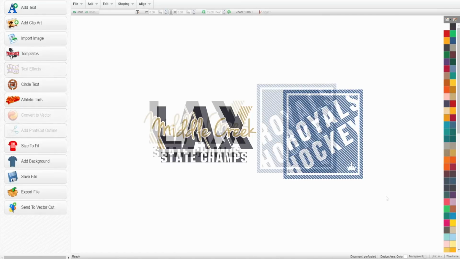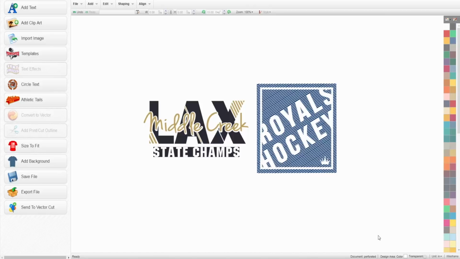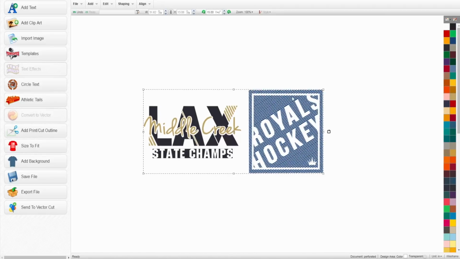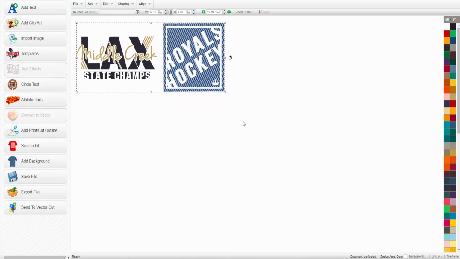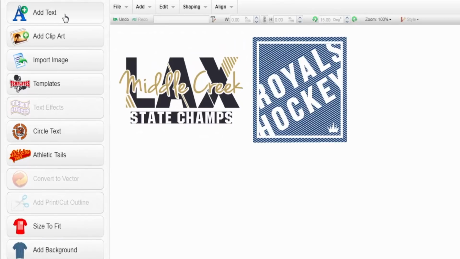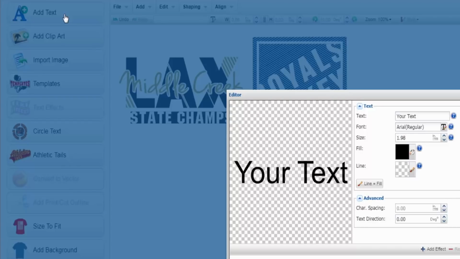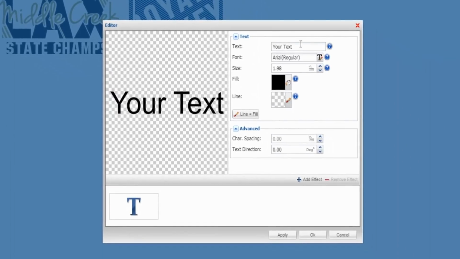So I'm going to start by moving these up to the top of the screen, and we're going to start from scratch and create a design that looks very similar to these with the perforated cuts. I'm going to start by adding text, of course. We're going to use that top tab up in the left-hand corner and type in the text that we want to use. So I'm going to type in a school name